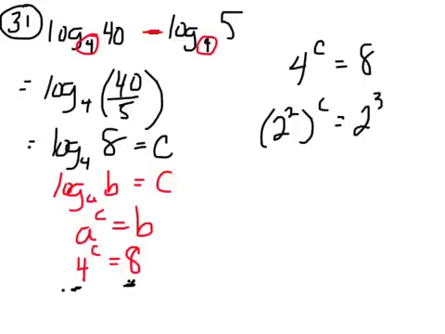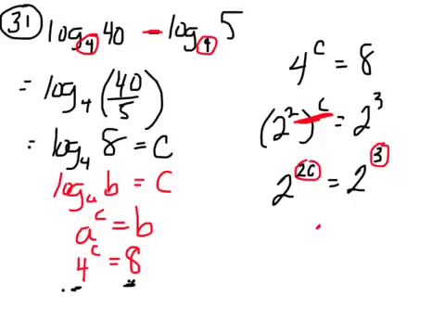Okay? So now I have a power to a power over here, so I can simplify that. That becomes 2 to the 2c power, because we multiply when we have a power over power. And on the right-hand side, we just have 2 cubed. Now we know these two sides are equal. They're the same number, and they have the same base, so that tells us that these two exponents must be